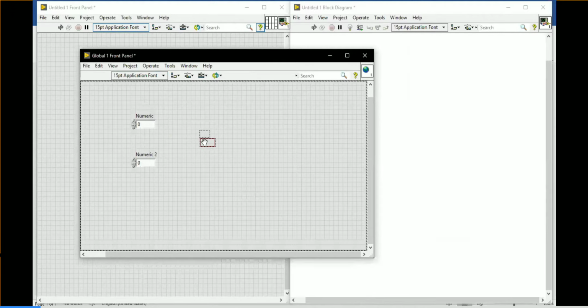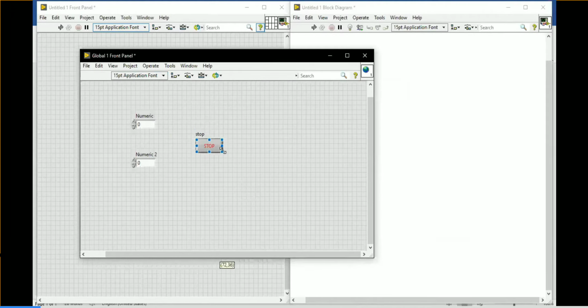Currently I am placing these, but you can use arrays, clusters, whatever you want. Whatever controls and indicators you place on this global front panel, you can use those variables in your program to pass the value to multiple VIs.